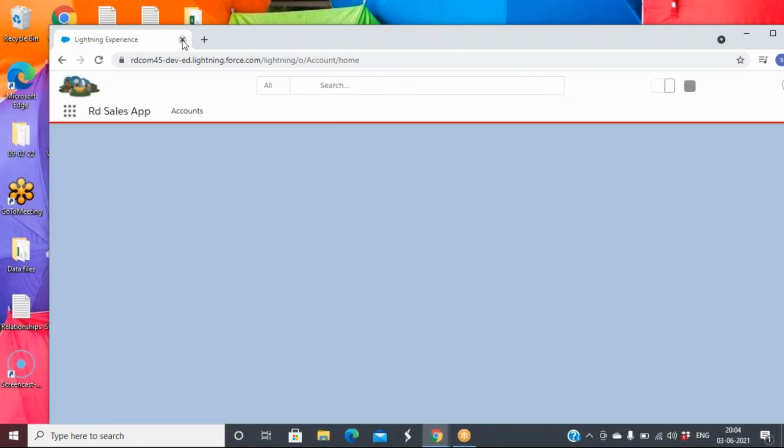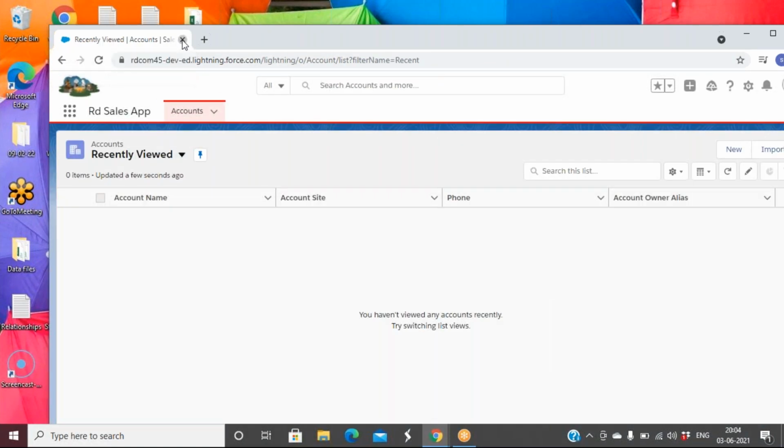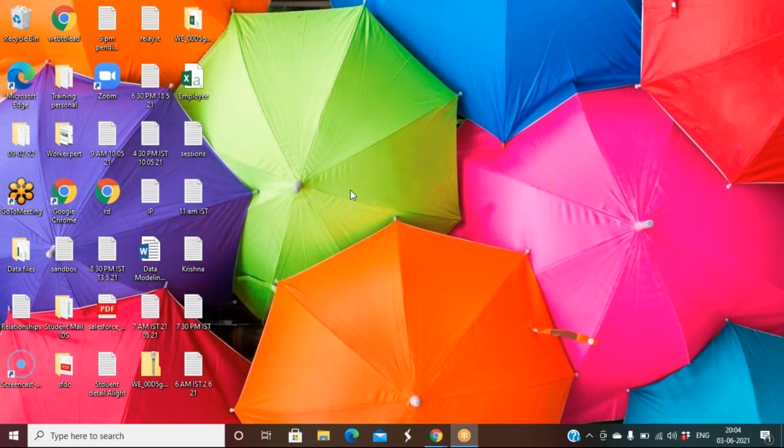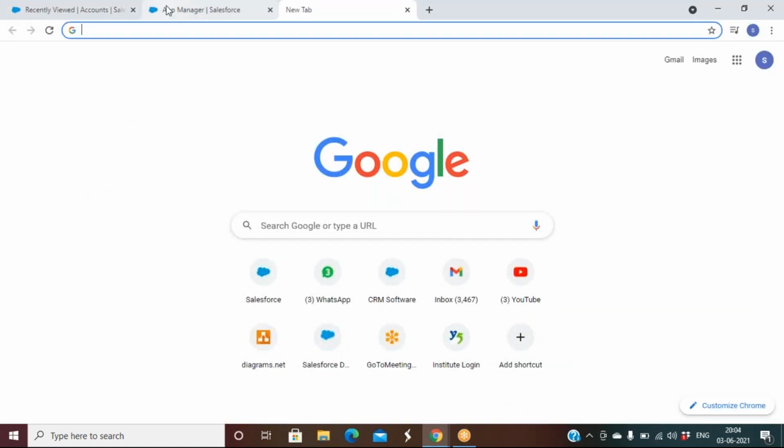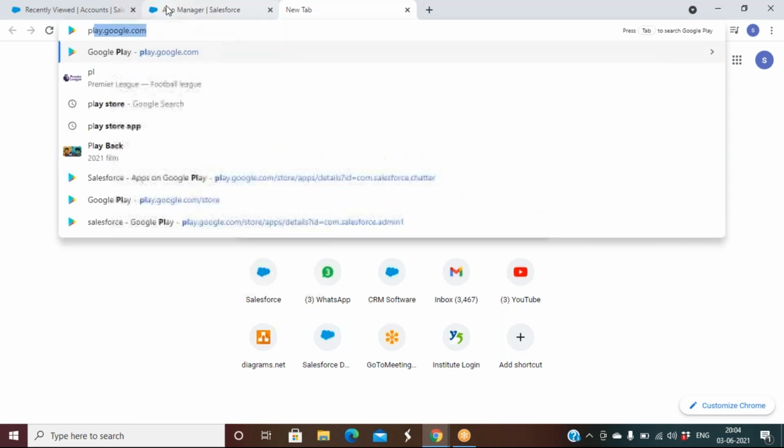So let's say I'm a user. I don't have any laptop right now, but I'm traveling. I want to access my Salesforce data because I'm a sales guy. I roam here and there every time, and today I'm not carrying my laptop. So is there any way that I can log in through my smartphone? Yes, of course, you can log in from a smartphone.